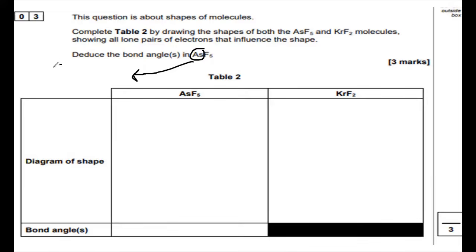is in group 5 of the periodic table. That's arsenic. So it's in group 5. It has 5 outer electrons. Now you can see here with F5, that means it's got 5 bonds. So we take the 5 outer electrons around the central atom, we add it to the 5 bonds, we divide that by 2 and find that AsF5 has 5 electron pairs. My P here stands for pairs. I then take the 5 pairs, I subtract the 5 bonds, and that tells me there are 0 lone pairs that influence the shape. And so what we have here is going to be